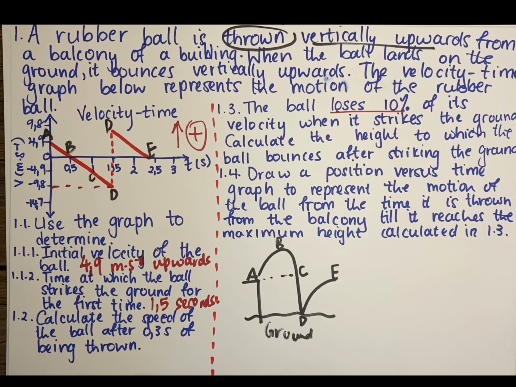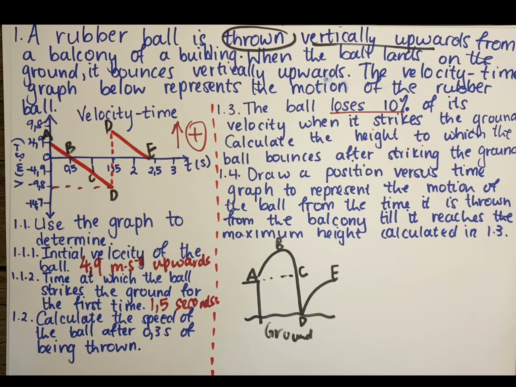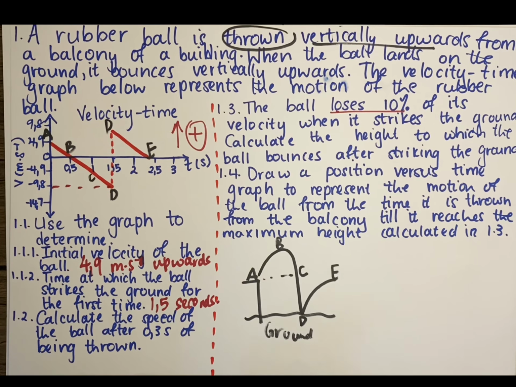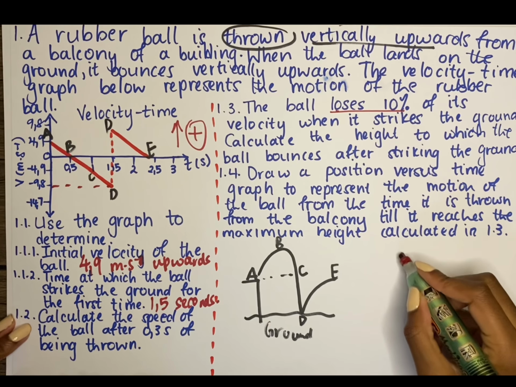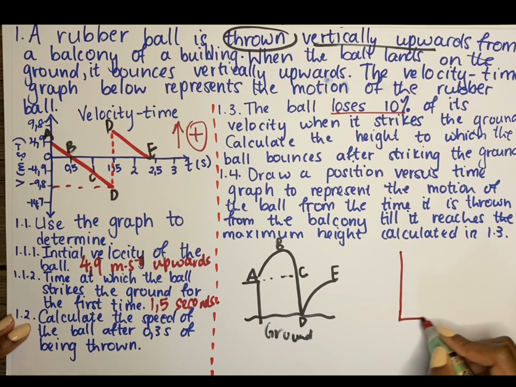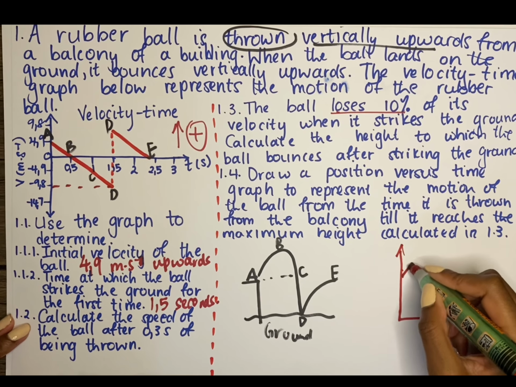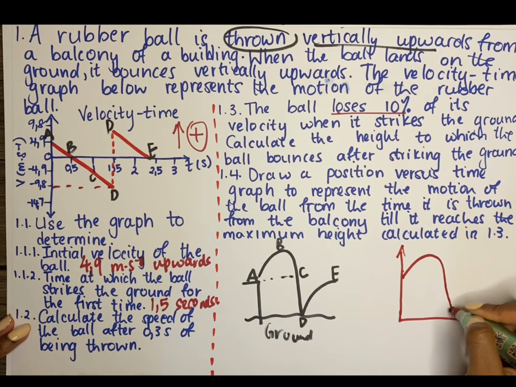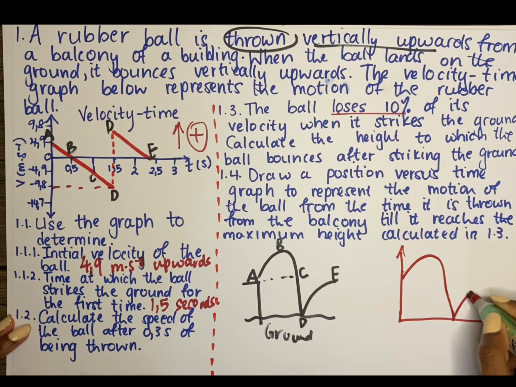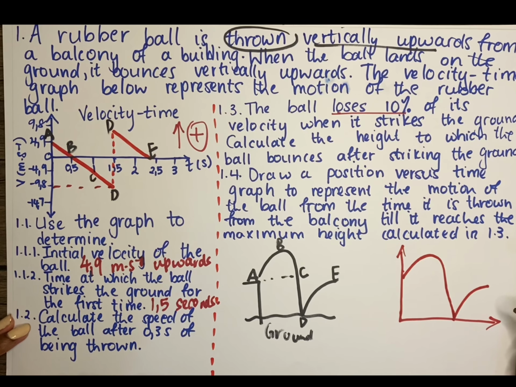All you have to do is put in your x-axis and your y-axis and label it, and also put in some of the values that you would have gotten along your calculations and from this graph as well. So from this graph, if you use the ground as your zero position, since it's not mentioned, it means you can do either or, right? What do we have so far? We have